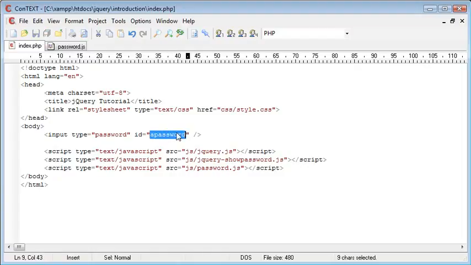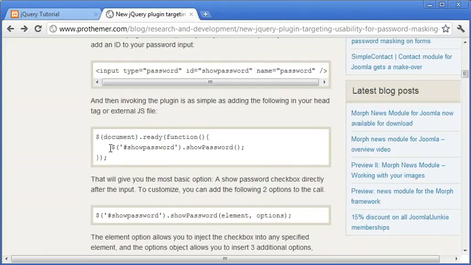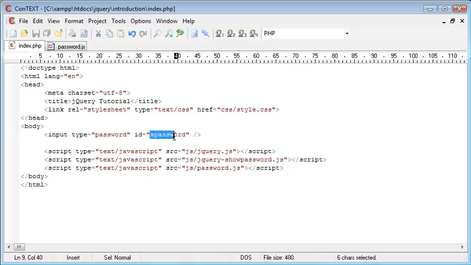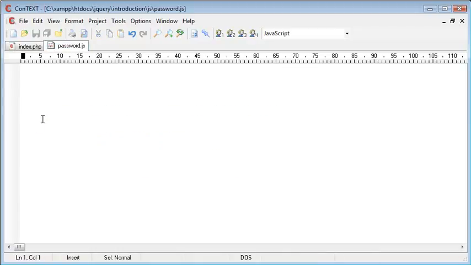So now that we've given this an ID, we can use this as we normally would other elements in jQuery or other elements in HTML to reference this, and we can use a selector to select this element and then apply the plugin to it. So here you can see at its most basic form, you just literally need to select the element, which will be password, and then you need to just call showPassword here. So let's go ahead and do this now. Remember, our ID is password. So in here, when we create our selector, we want to choose password,